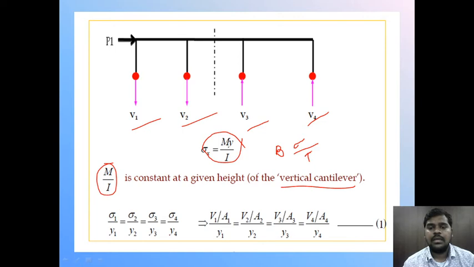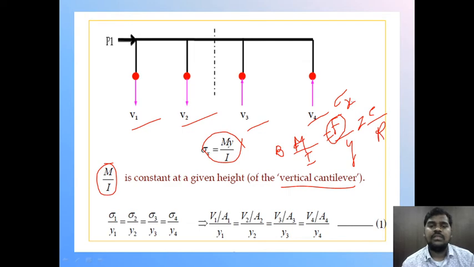Sorry, this is M by I is equal to F by y is equal to E by R. F is taken as sigma here, so instead of F we can consider sigma also. Considering sigma as axial stress and keeping a sign, sigma x can be written using these two: M by I is equal to sigma by y, so sigma x is equal to My by I. From this we can find the axial stress.